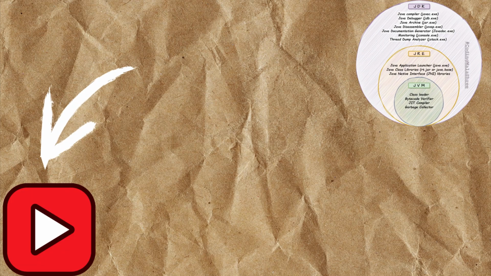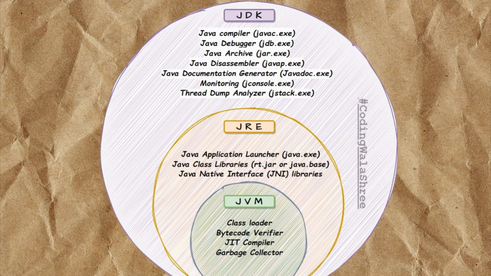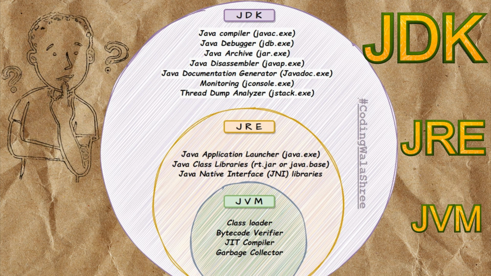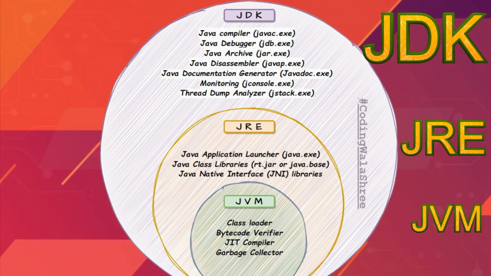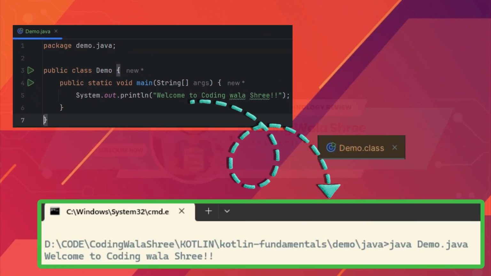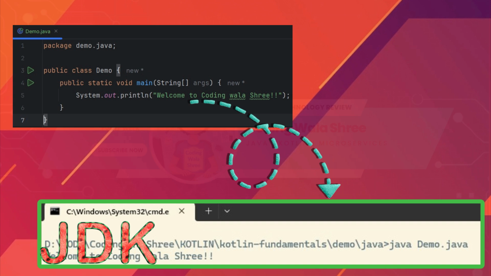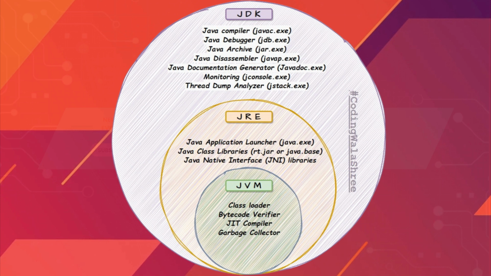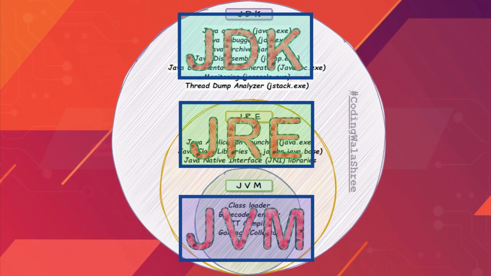By the end of this video, you will have a crystal clear understanding of what JDK, JRE and JVM are, how they fit together, and why they are essential for every Java developer. Ever wondered how your Java code transforms from a simple text into a fully running program? It all comes down to these three components, each playing a distinct and vital role. Let's dive straight into what makes JDK, JRE and JVM unique, and why knowing the difference is a game changer